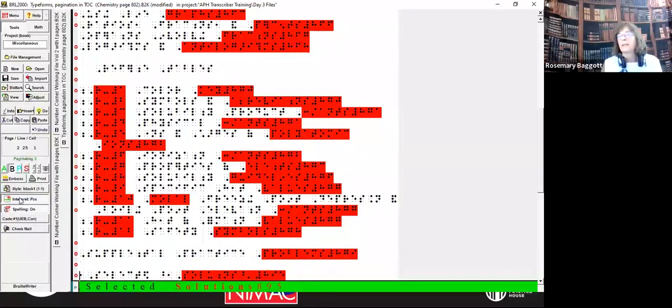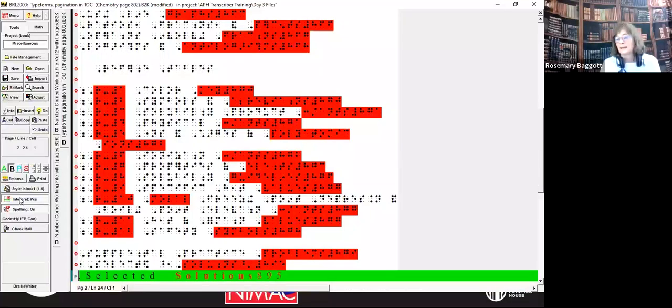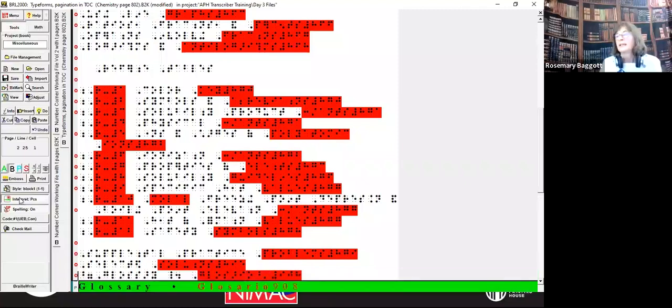Now, as I'm removing it, let me explain what's happening there. There's a closing bold indicator right here in the middle. And I'm going to go to the next. I moved my mouse down here to delete this one from glossary.